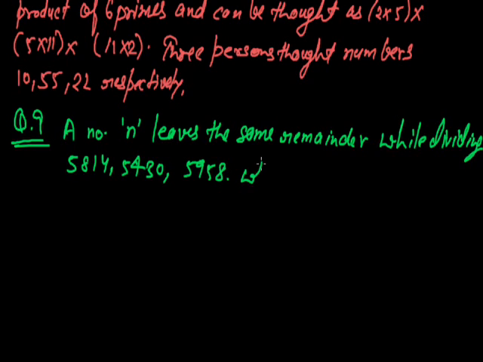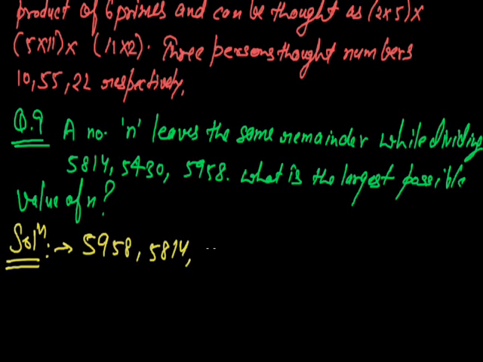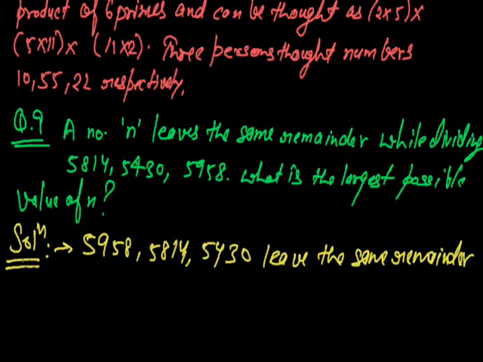We have to tell the largest possible value of n. Now as we have been given that 5958, 5814 and 5430 leave the same remainder when n divides them,